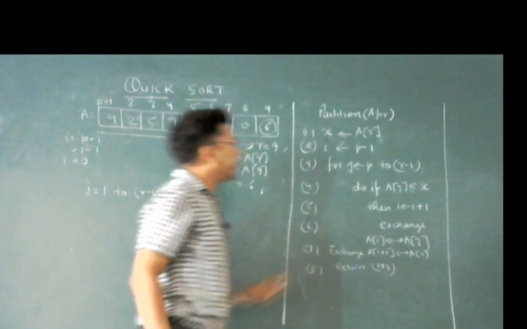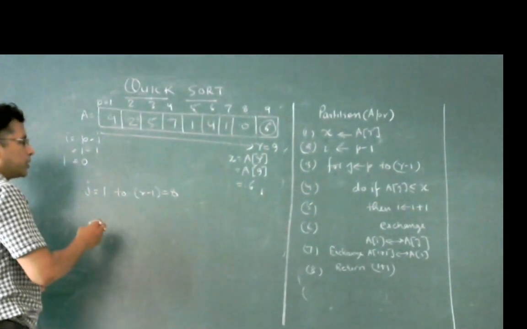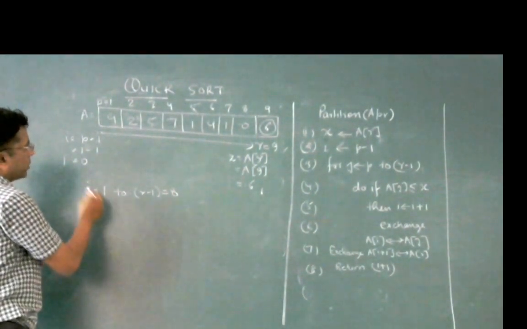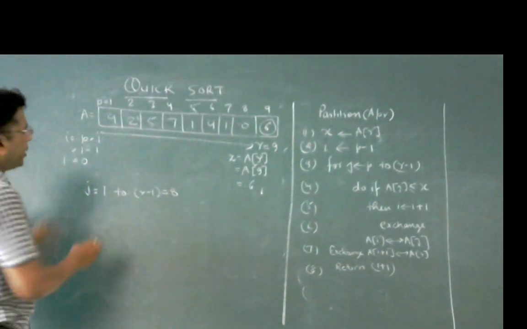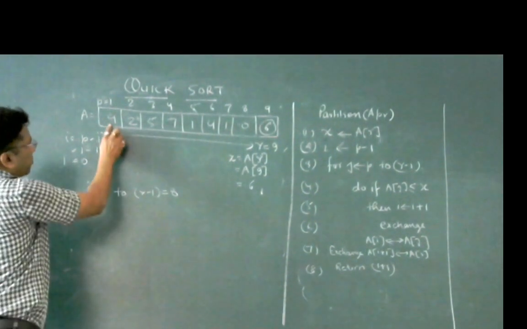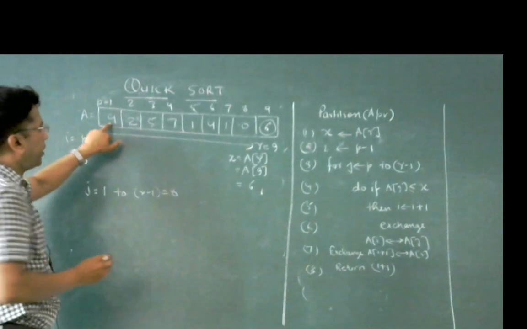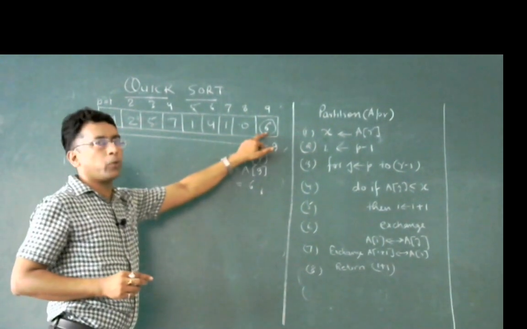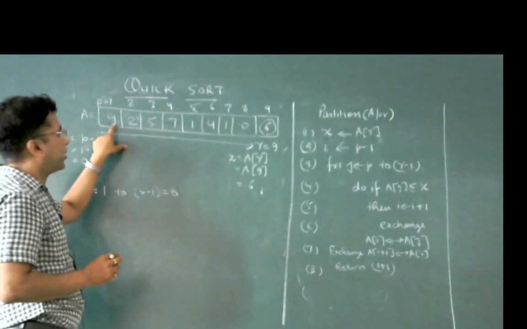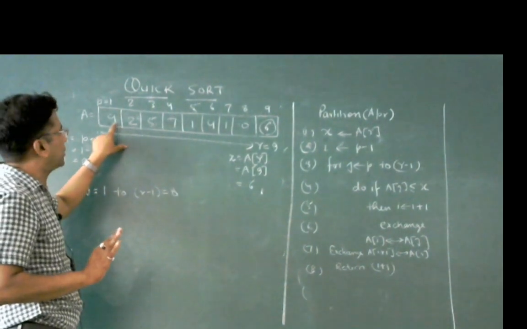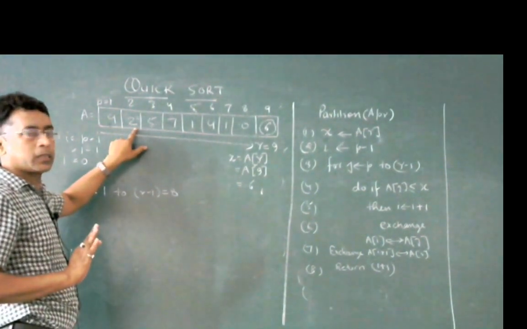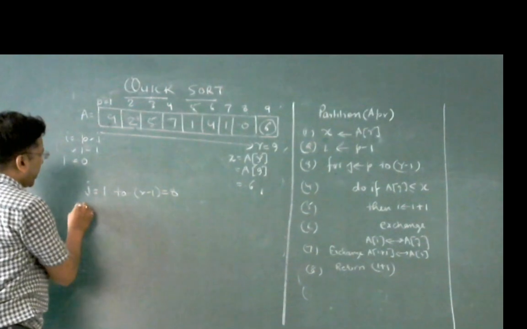So if aj is smaller than 6, here aj is equal to a1, which is 9. In the first position, 9 will be compared with 6. Is 9 smaller than 6? No, 9 is not smaller than 6. 2 is smaller than 6. For j equals to 2,